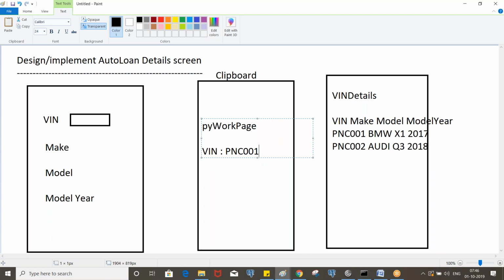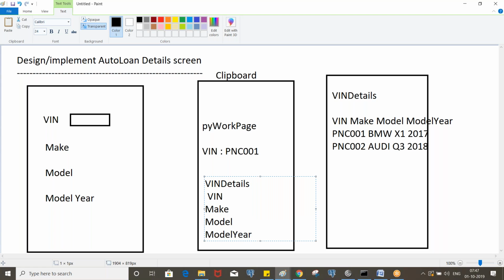We pass the VIN as a key to the Obj-Open method, and Obj-Open puts the corresponding data on some page that we need to create, let's say VIN details. In the VIN details page, you will see again VIN, the corresponding make, corresponding model and year.